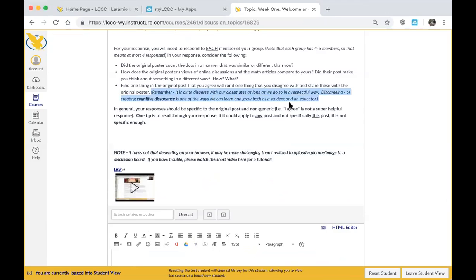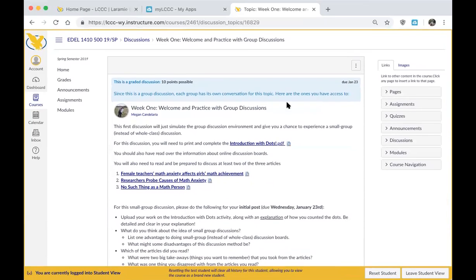It's okay to disagree, and in fact, as educators, it's really important for us to learn to disagree with our peers or learn to question things, but it's very, very important that we do so respectfully. So that just means, hey, you and I don't agree, but maybe we can talk about it and come up with something new that works for both of us. This is something that you're going to want your future students to do, and it's something that we want to practice right here. So group discussion, you're going to discuss here, talk about it, and then starting in week 2,